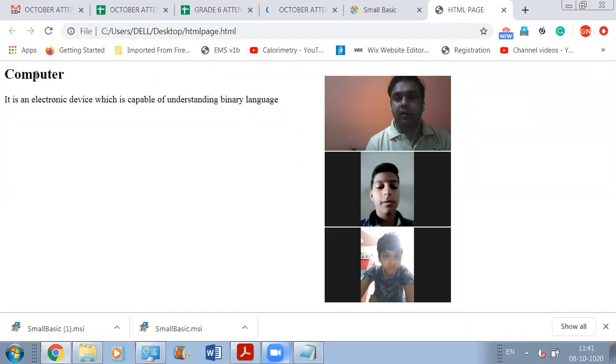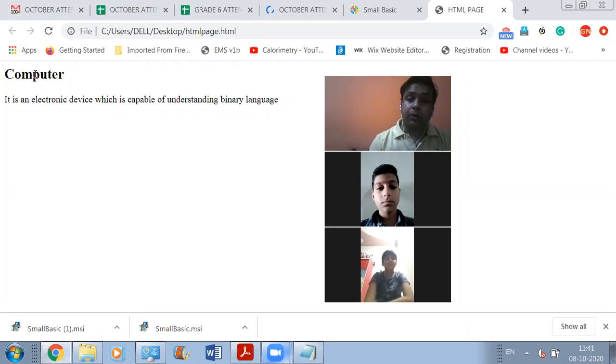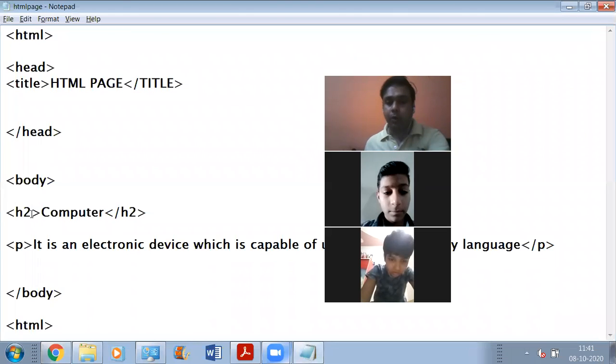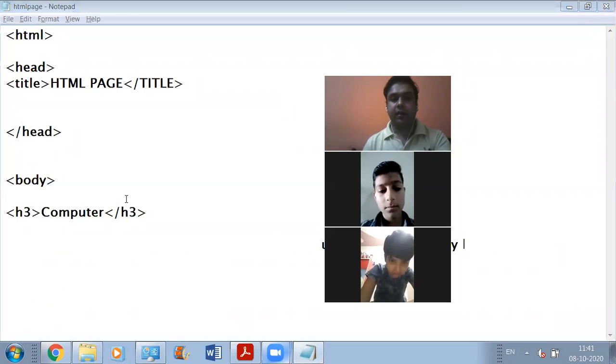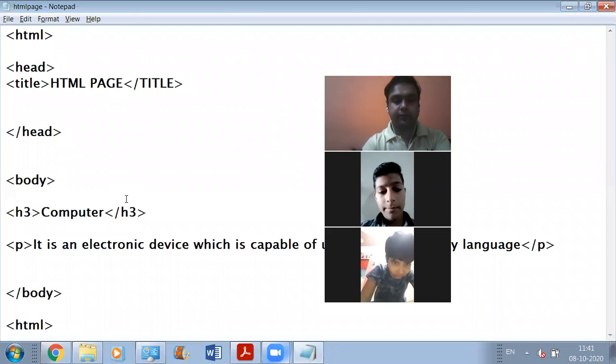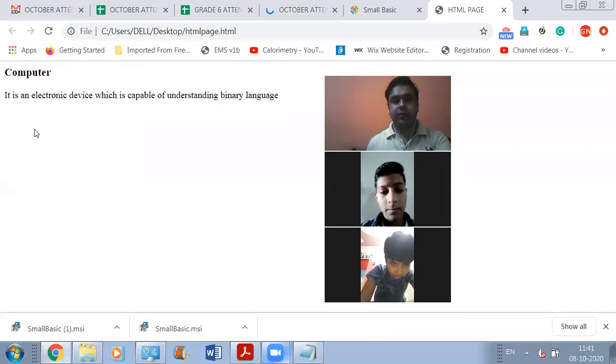Okay? ओके सर। Now, what is the change that you have noticed in this computer font? Can anyone tell me what has happened to the font size of this? हो गया पहले। छोटा हो गया. Absolutely right. The font size has decreased. Fine. Now, if you want to decrease it more, you can replace it with H3. H3. ठीक है? देखते हैं क्या होता है। See, the font size has further decreased.